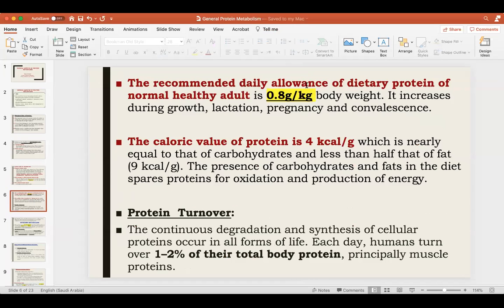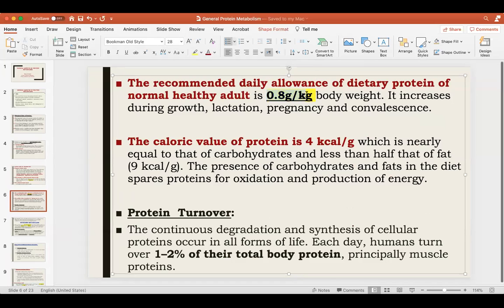The recommended daily allowance. What is the recommended daily allowance? It is the amount of protein that you should take in your diet every day, which is about 0.8 gram per kilogram body weight. So if your body weight is about 70 kilogram, you should take about 5.6 gram protein every day and